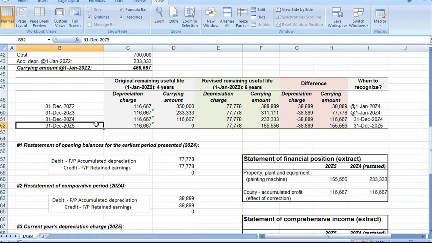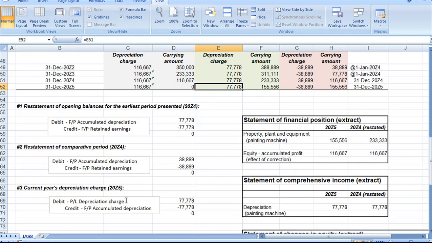In relation to 20Z5, you just book the revised depreciation charge fully to profit or loss, but be careful here because if you have already booked the annual depreciation charge, then make sure its total amount is correct. Well, here, let me add a small note. If you capitalize your depreciation to the cost of other assets like inventories, instead of recognizing it to profit or loss directly, then you would need to adjust your cost of sales and closing balance of inventory. Well, but let's not deal with that here. And also, don't forget to adjust your tax effect in the deferred taxation, which we ignore here.